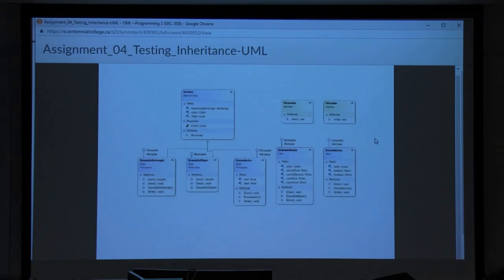There is one test case that you have to create. Very, very simple test using the testing techniques that we have discussed before, because the rectangle has an area method, and the ellipse has an area method. So you're just going to write two test methods to test if the area of this class and the area of this one here are producing the correct results. Again, you're going to use the steps that we have discussed about testing to test these two methods. Everything is explained in the document.